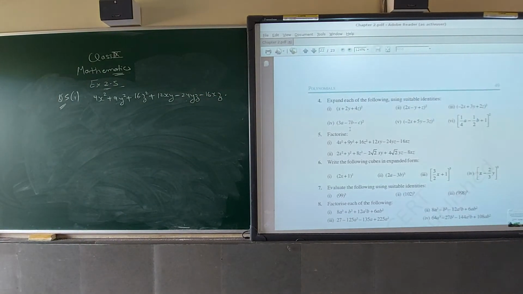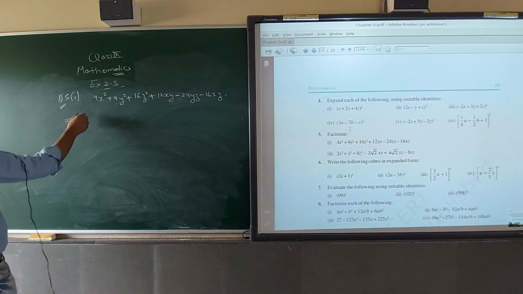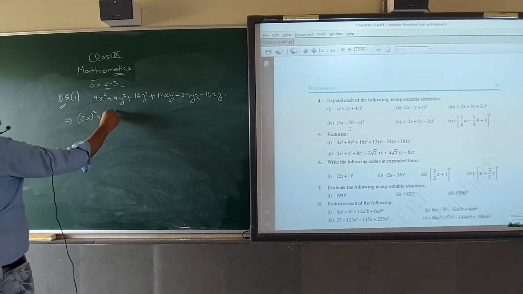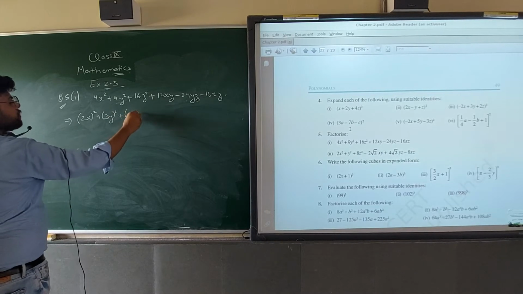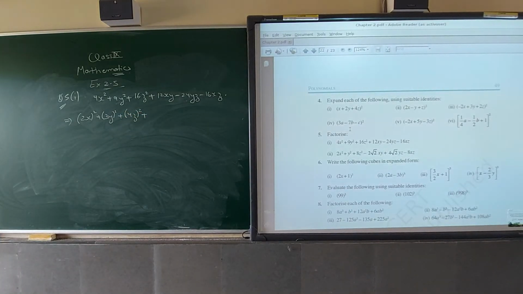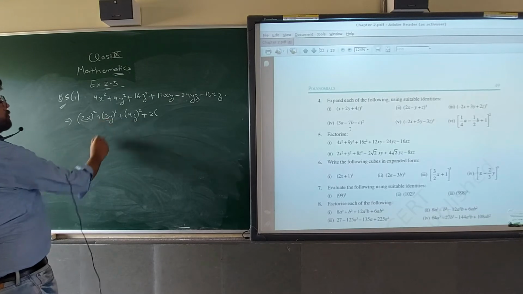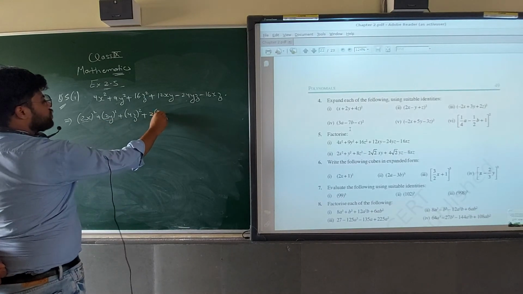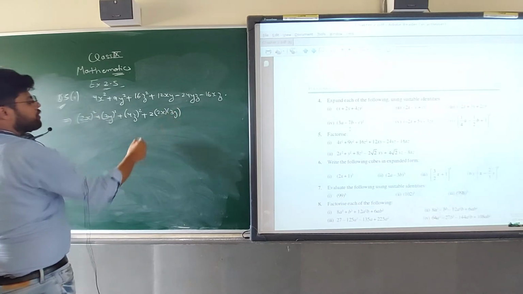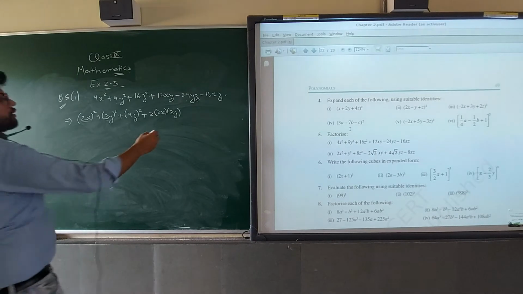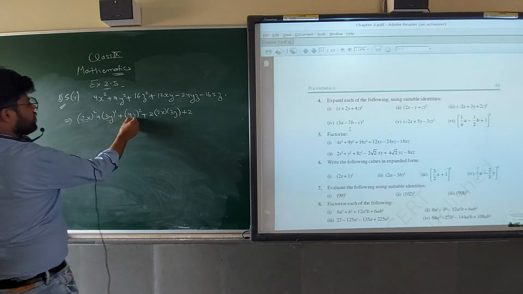Okay. Now we have to form it like this: this will be the square of 2x, we all know. This will be the square of 3y. This will be the square of 4z. Up to there I think all the things are clear. Now, what is the formula, 2ab? This will be a, this will be b. So 2ab means 2x and 3y. Now 2 into 2 is 4, 4 into 3 is 12xy coming, means our answer is right. Plus 2bc, this one, these two.